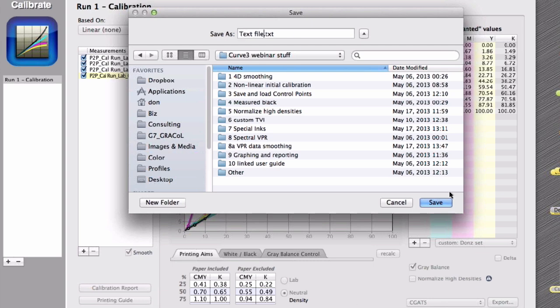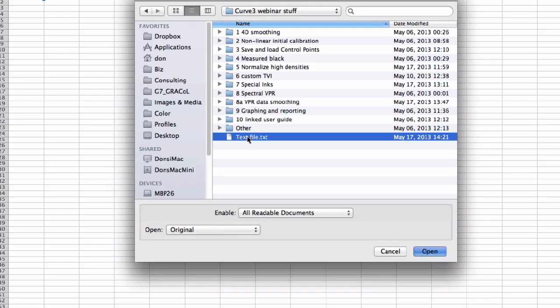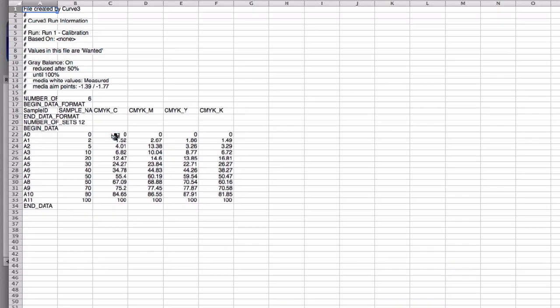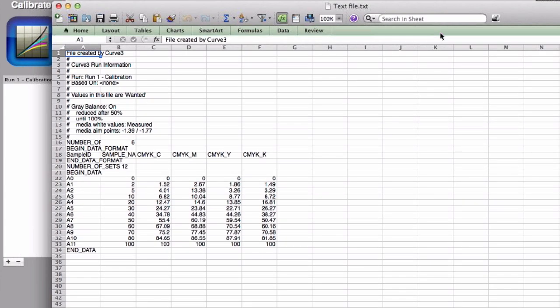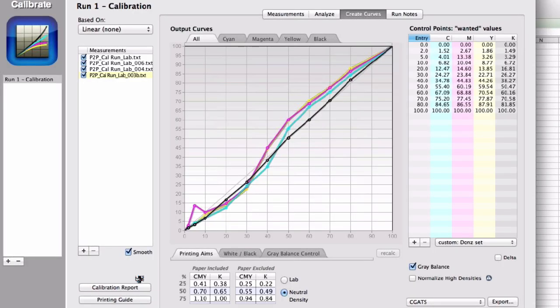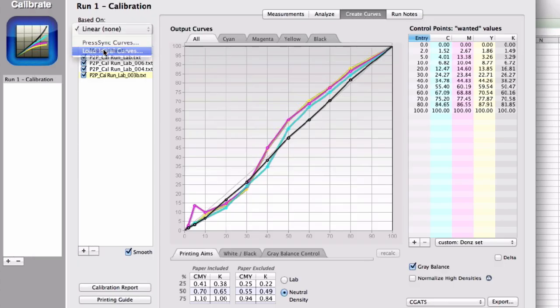If I go into Microsoft Excel and I load that file, here you see a very simple text file that has whatever control points we had present in Curve3 when we saved that. So you can see we had a 2, 5, and an 80, etc. There they are. And here are the CMYK output values. It's a very simple matter to go in there and manually enter what you read off the user interface of the current calibration curves, the linearization curves, in the plate setter. You can now save this as a text file, and if you load that in here, say load initial curves,